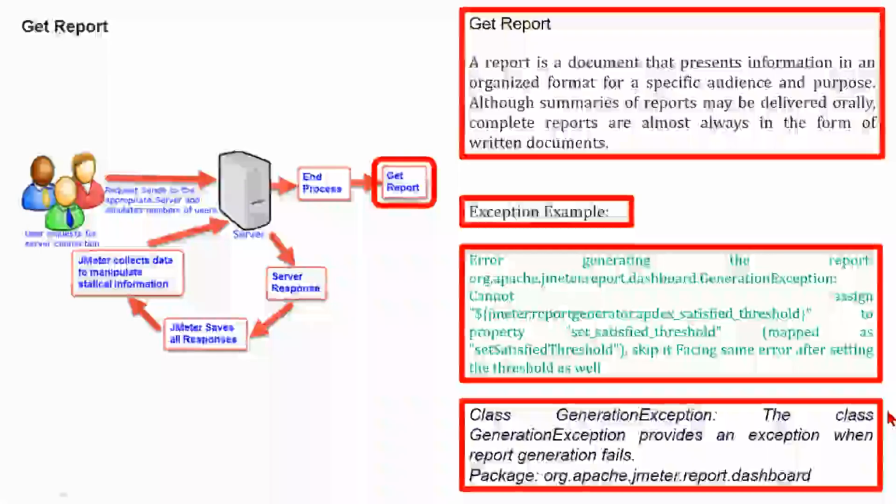As an exception example, we can consider this one. The class GenerationException provides an exception when report generation fails. This is in package org.apache.jmeter.report.dashboard. Error generating the report